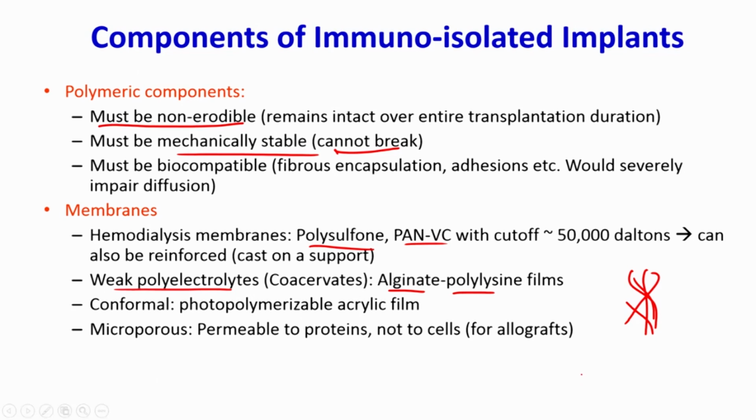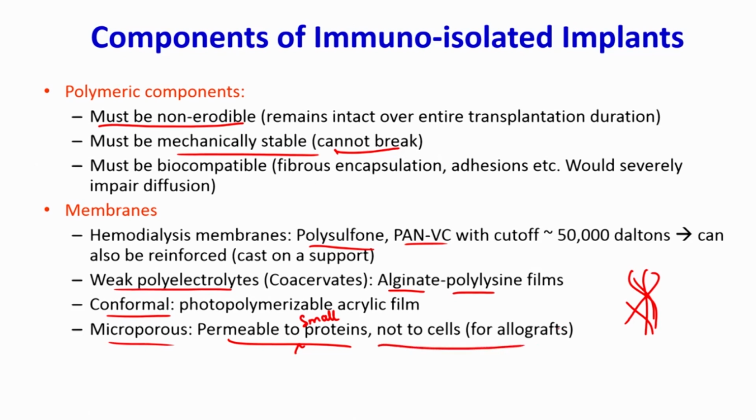The other example could be that they need to be conformal. So, what that means is let us say if this is going to go on a site which might not be straight, but round. So, these things can then surround that in a round shape as well. So, they should conform to the surroundings, as well as be microporous, which again goes back to what we discussed earlier, that it should allow permeation of some small proteins. So, permeable to small proteins,